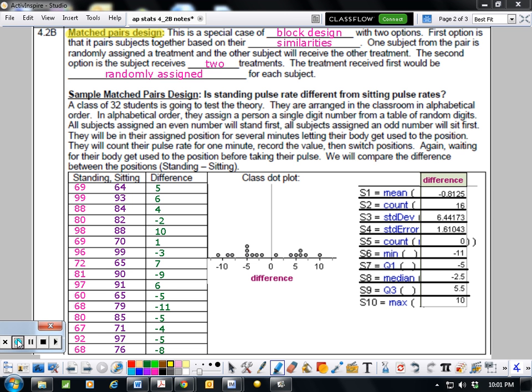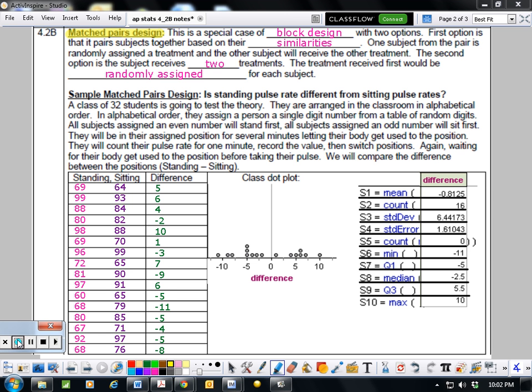And then what we do is once we have people paired up, when they're paired, I randomly assign one person to one treatment, one person to the other treatment. If I'm dealing with one person, then I randomly assign them to one treatment first, and then they have the second treatment second. And so some people may have the inactive treatment first and the real treatment second, and some people may have the real treatment first and the inactive treatment second,